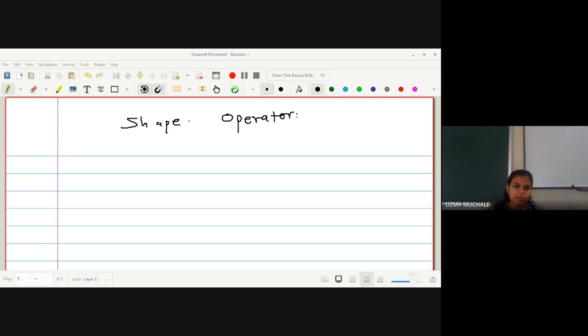Okay, so here the shape operator is now defined with the help of our covariant derivative. Do you remember the covariant derivative? In the second unit we have seen the covariant derivative, the last part. Okay, so here we are just going to see the definition of shape operator. Then we'll find out what the unit normal to the surface is. And then we'll work on only 2 to 3 examples of how to find the shape operator of any surface.